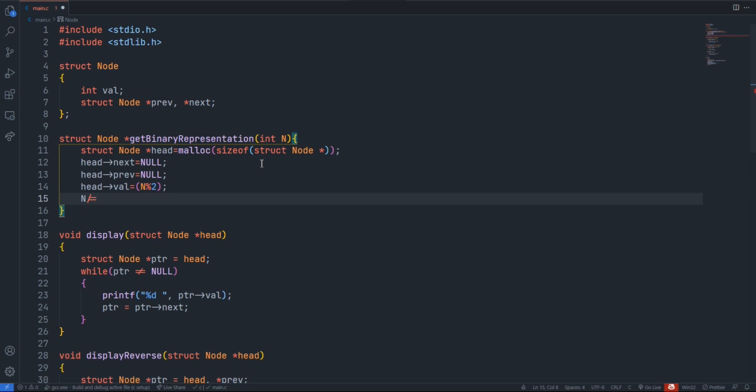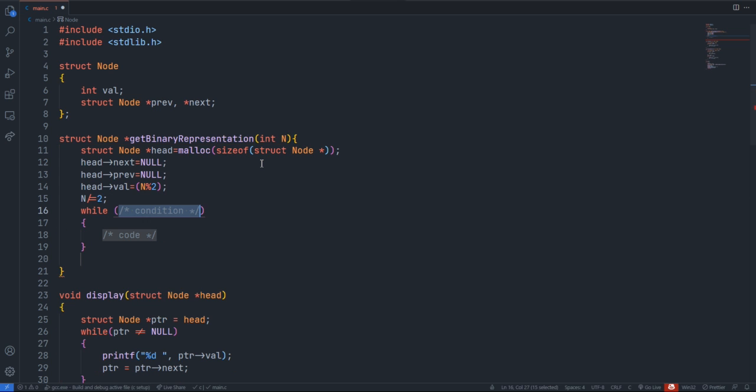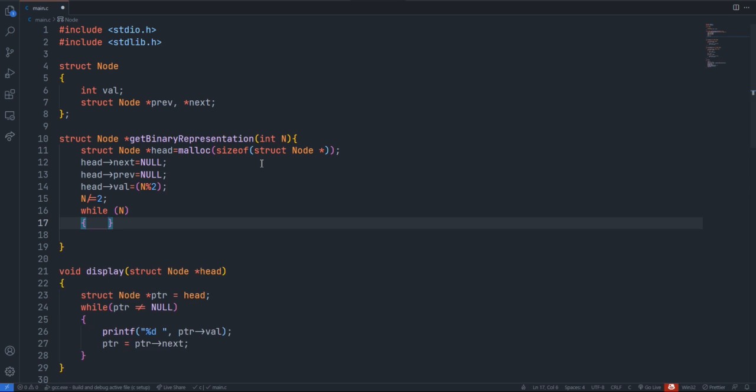N divided by equal to 2, and inside this we just need to create a while operation. While n is not 0, we just need to go for iteration, right?